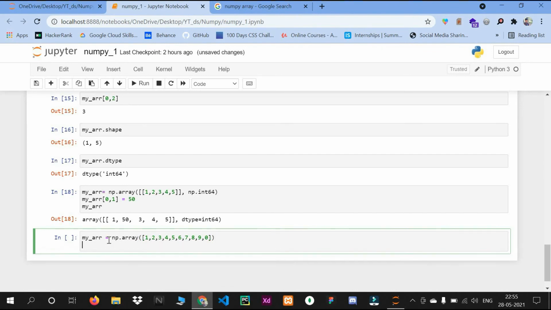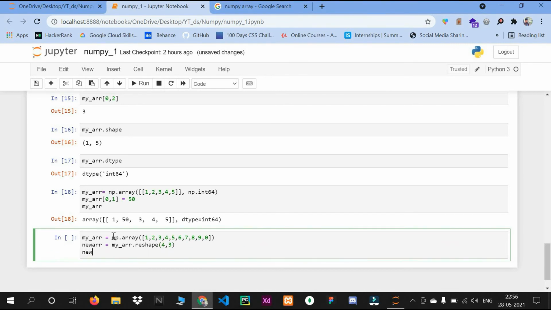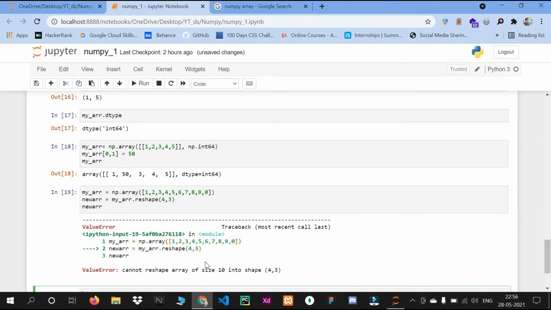Then enter my array. So I will take one new variable, new array, and then my array dot reshape is a function that takes two arguments, 4 and 3, and then call this new array.